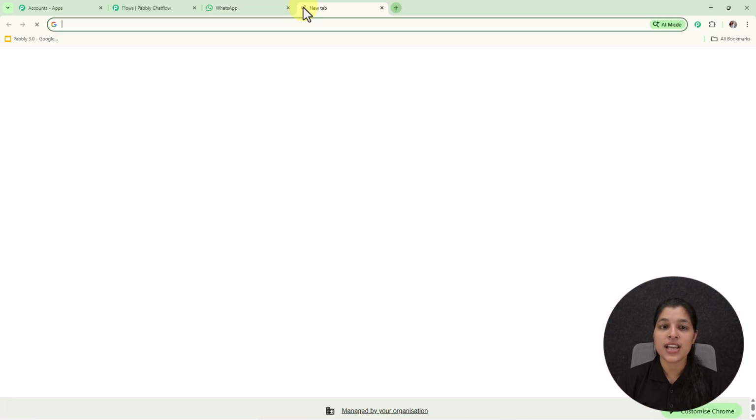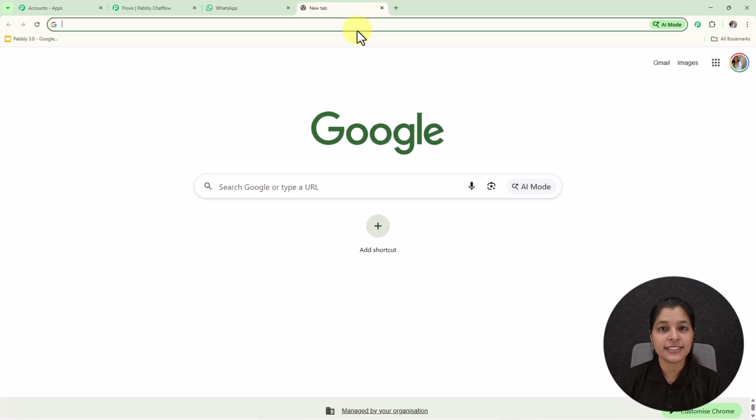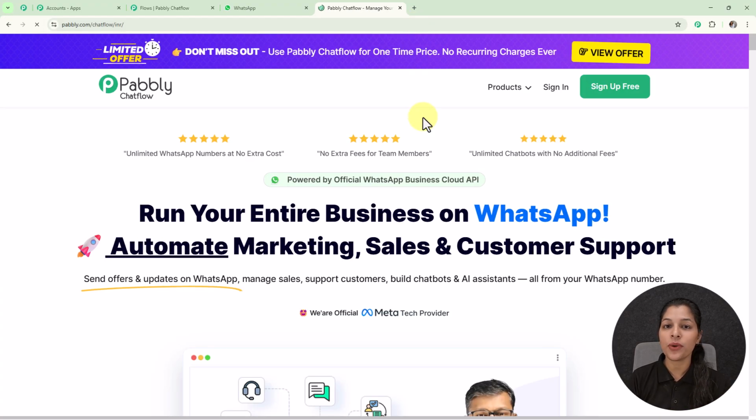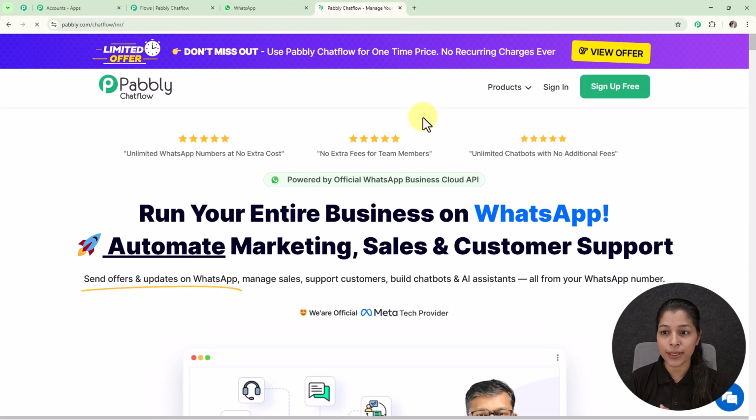So open the new tab and type its URL. That is pabbly.com/chatflow, and once you enter the URL, you will land on the homepage of Pabbly where you will see two options, that is sign in and sign up free. So if you are a new user, then you can select this sign up free, and if you sign up your account for free over the Pabbly Chatflow, then you get 100 free credits every month for practicing and using Pabbly Chatflow. But if you're an existing user like me, then you can just click over this sign in, and